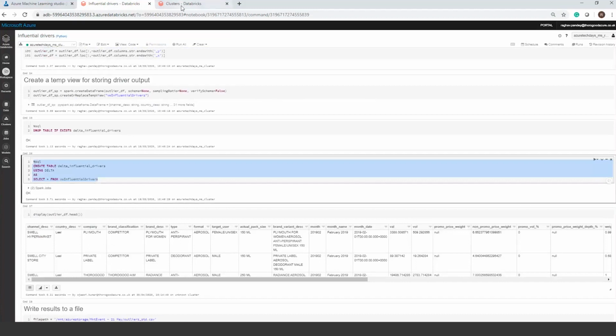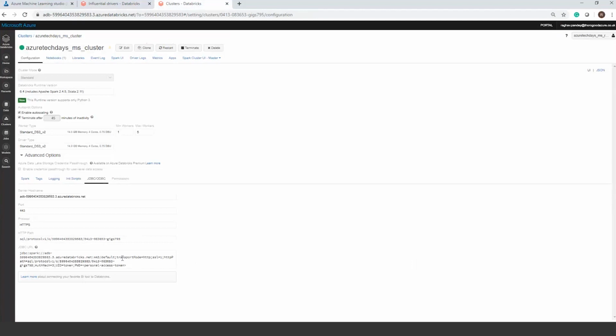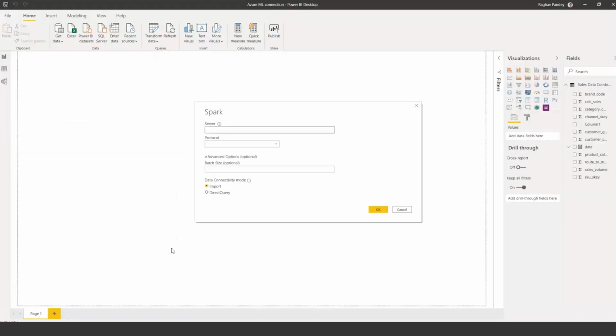And it is within this cluster where you're going to have the options and the server names that you're going to be using to connect with Power BI as well. So it is the JDBC or ODBC section where you have the URL provided. And a little bit of work with this URL allows you to get the server name which Power BI requires for connecting to Databricks. Let's actually switch quickly to Power BI.